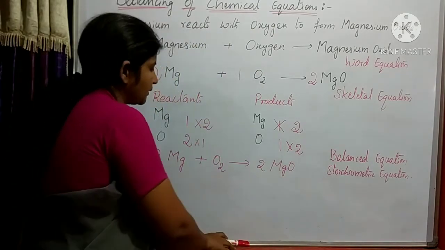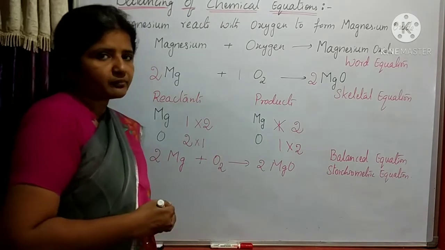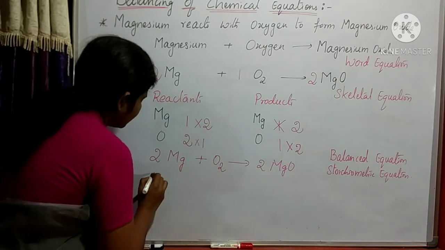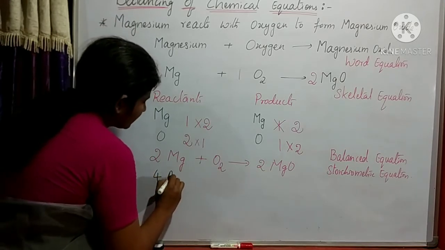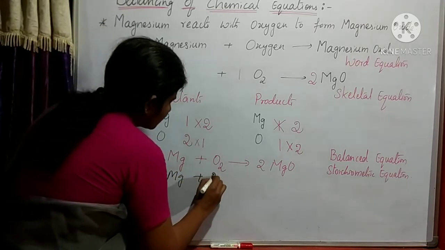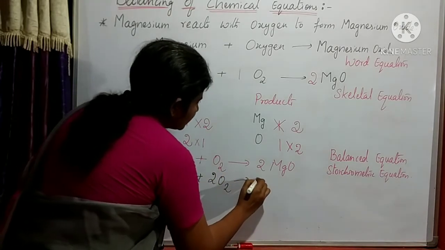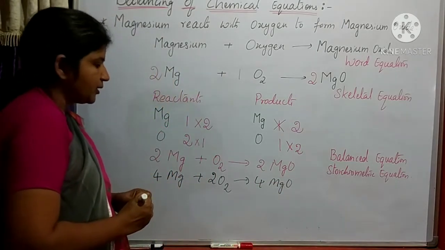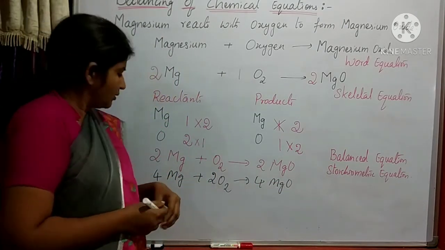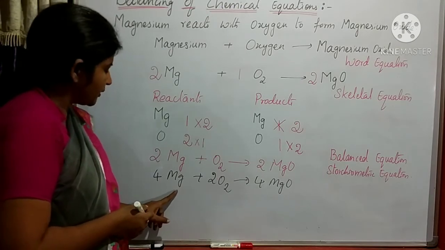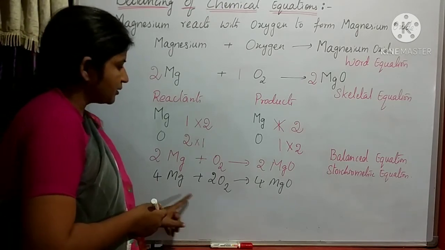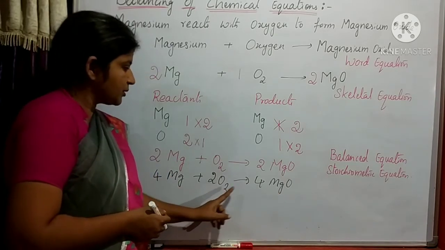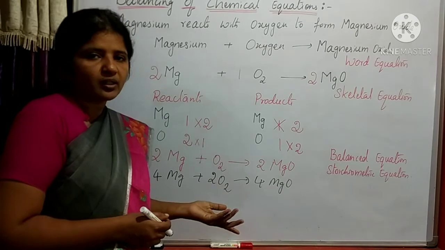Now, sometimes in a bit paper it is given like this. Look here: 4 Mg plus 2 O2 is giving rise to 4 MgO. Look at the equation, beta. Is it in a balanced state or not? Looking at this equation, 4 magnesiums are present here and 4 magnesiums are present here. Here 2 twos are 4 oxygens, and here 4 oxygens are present. So both sides are the same.